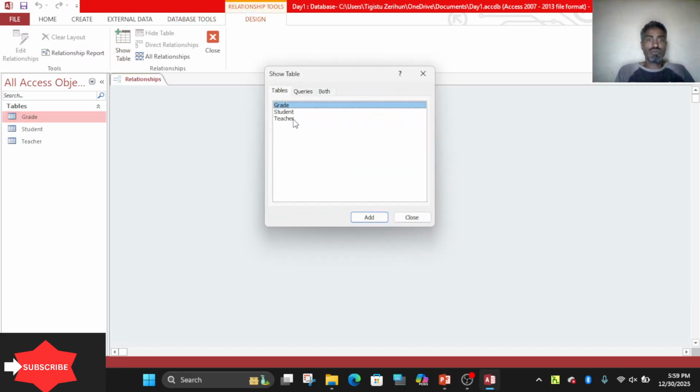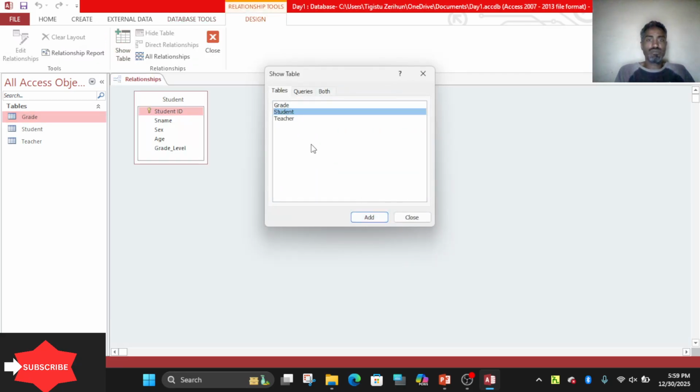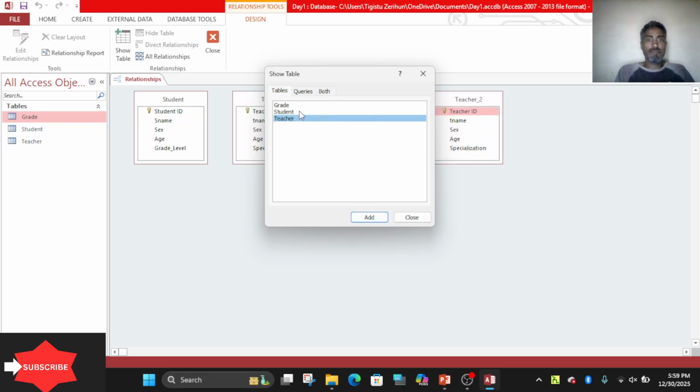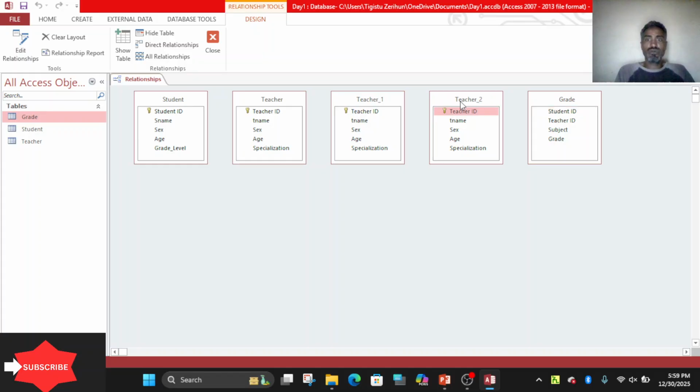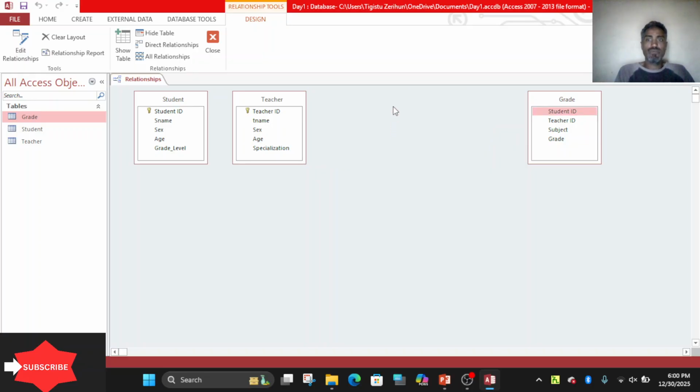Relationships, what are the tables? Student table, teacher table, and grade table. Now it is inserted twice, you can remove here. Hide. This one is also hide. Finished.